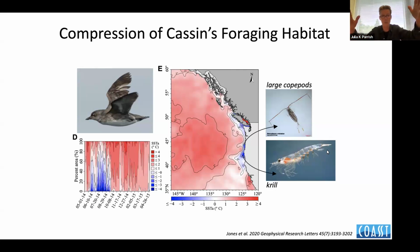And you can see that blob of warm water, which was so typical of the Northeast Pacific marine heat wave. You can also see a very narrow strip of colder than normal water. That cold band is created by seasonal upwelling, which was extant the entire time of the Northeast Pacific marine heat wave and created a very small refuge for